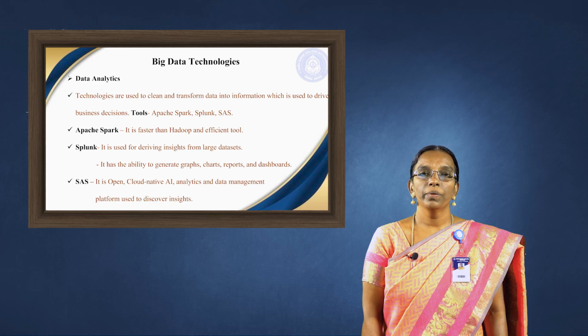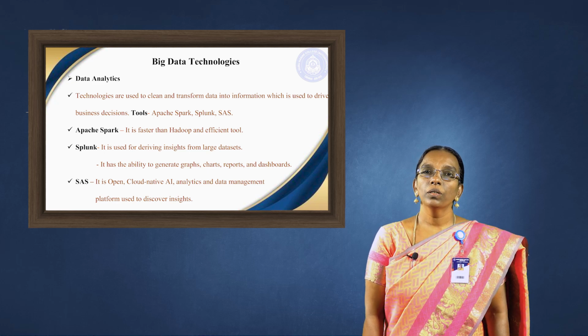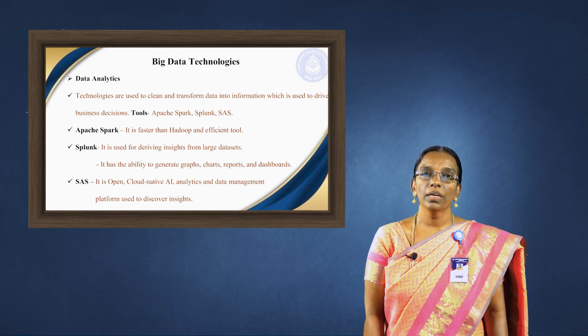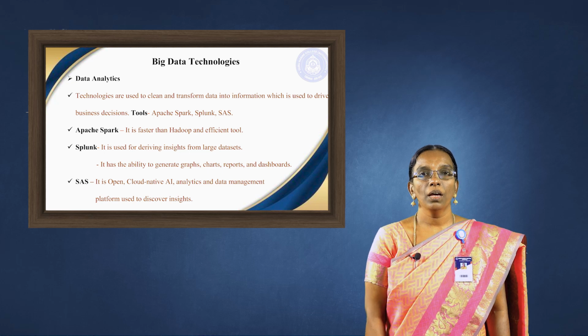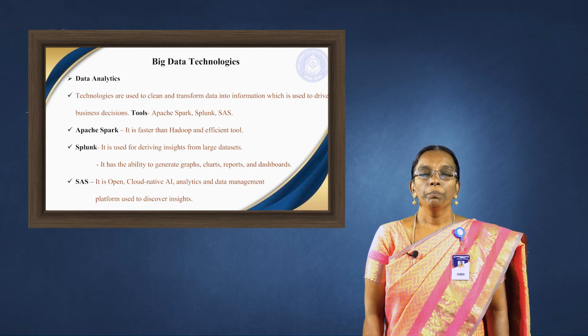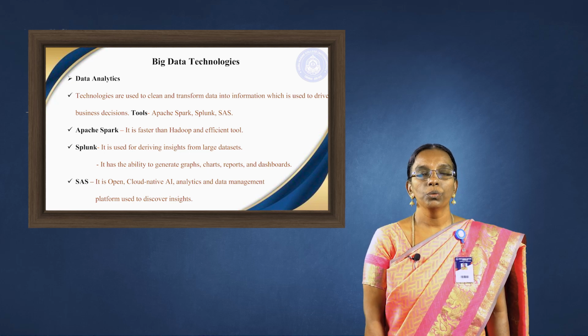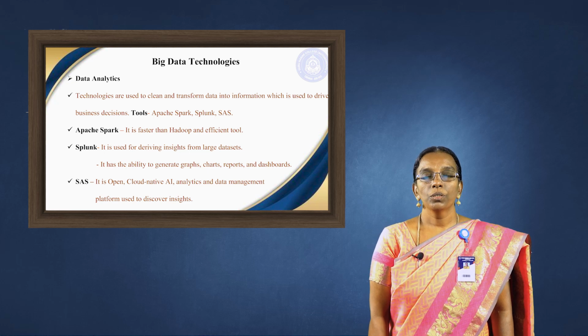For a simple example, in gold mining, we are not able to get the gold directly. We have to do several processes in order to get the pure gold. In the same manner, the data which we have collected is not at all going to be in the proper manner. So those raw data, we need to do some process in order to mine it,